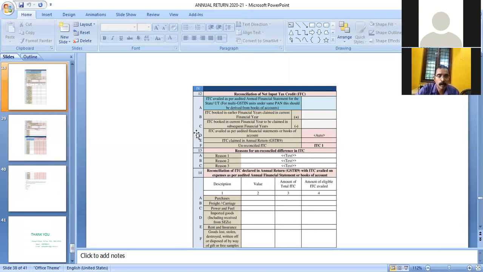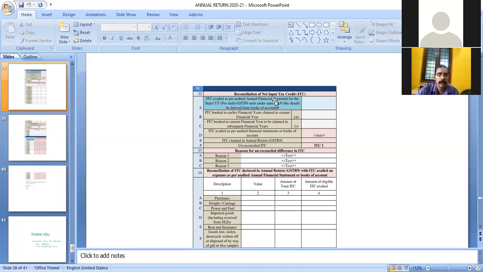First, we will consider column number C. This situation comes in cases, for example, if a taxpayer makes a purchase order on 25th March 2021, but receives the items on 6th April 2021, in the next financial year.